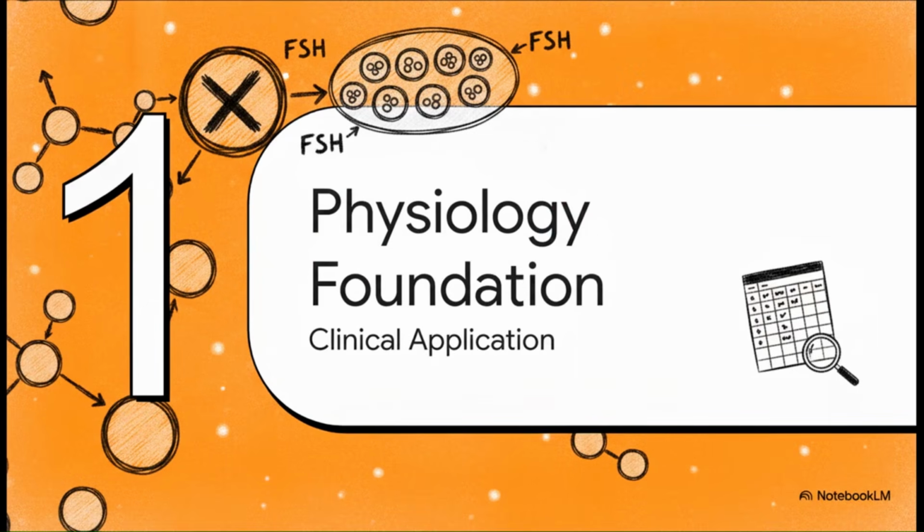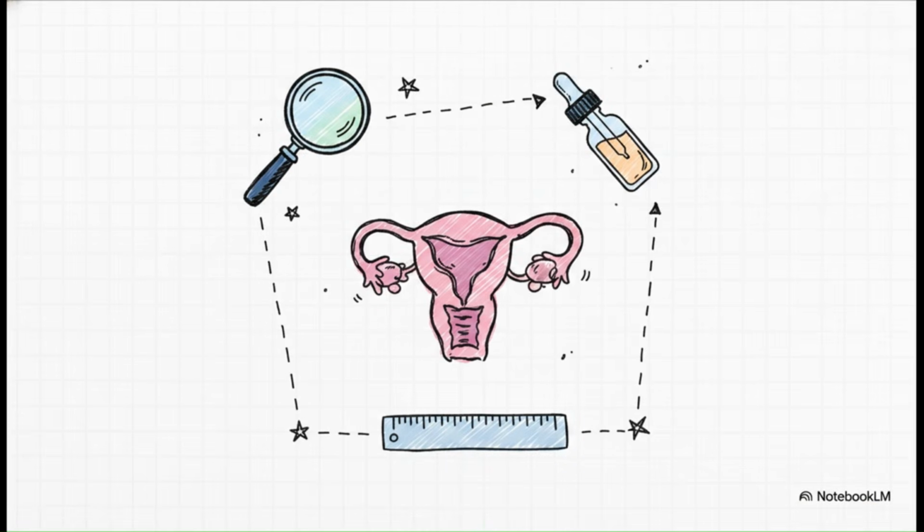Section 1. The Physiological Foundation. Bridging endocrinology with clinical application. Our core objective every single day is essentially overriding the body's natural selection of a single dominant follicle. Now, before we even think about writing a prescription, we're looking at our baseline biomarkers, right? AMH, AFC, day 3 FSH, and estradiol. But, and this is a big but, every single one of these metrics has its distinct limitations. Actually, you really can't rely on just one in isolation to perfectly predict how a patient's ovaries are going to